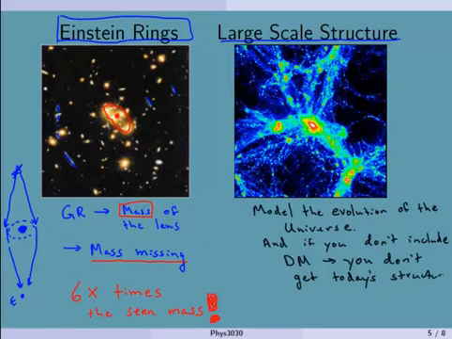Okay, so what this is saying is we can't go back and do the experiment of building a whole new universe from scratch, right? But we can do it in the computer. And so we model the structure of the universe using a computer with what we think we started with. And if you don't put in the right amount of dark matter, the right percentage, which is what it's predicted to be through the Einstein Rings and through the galactic rotation curves, you don't get the filamentous structure of the universe. You also don't get star formation in quite the same way.